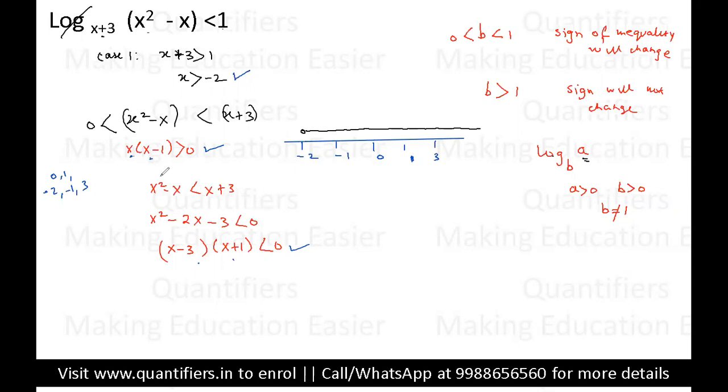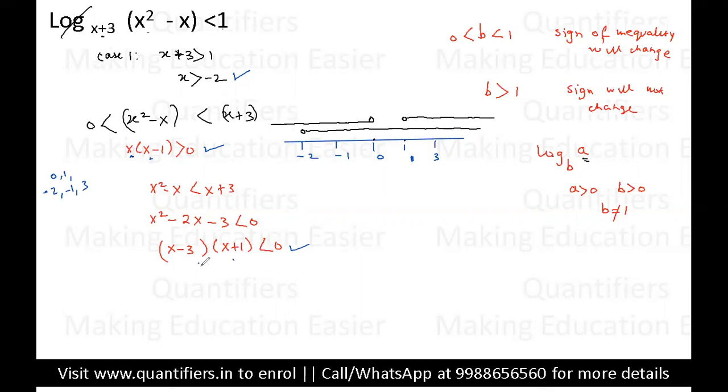Okay, now let's look at the second condition. x into x minus 1 is greater than 0. So students, what does it mean? This basically means our focus should only be on these two values, right? And we need greater than 0. Again students, I am assuming that all of you are aware of the basics. So when will it be greater than 0? It should be either greater than 1, or students, it should be less than 0.